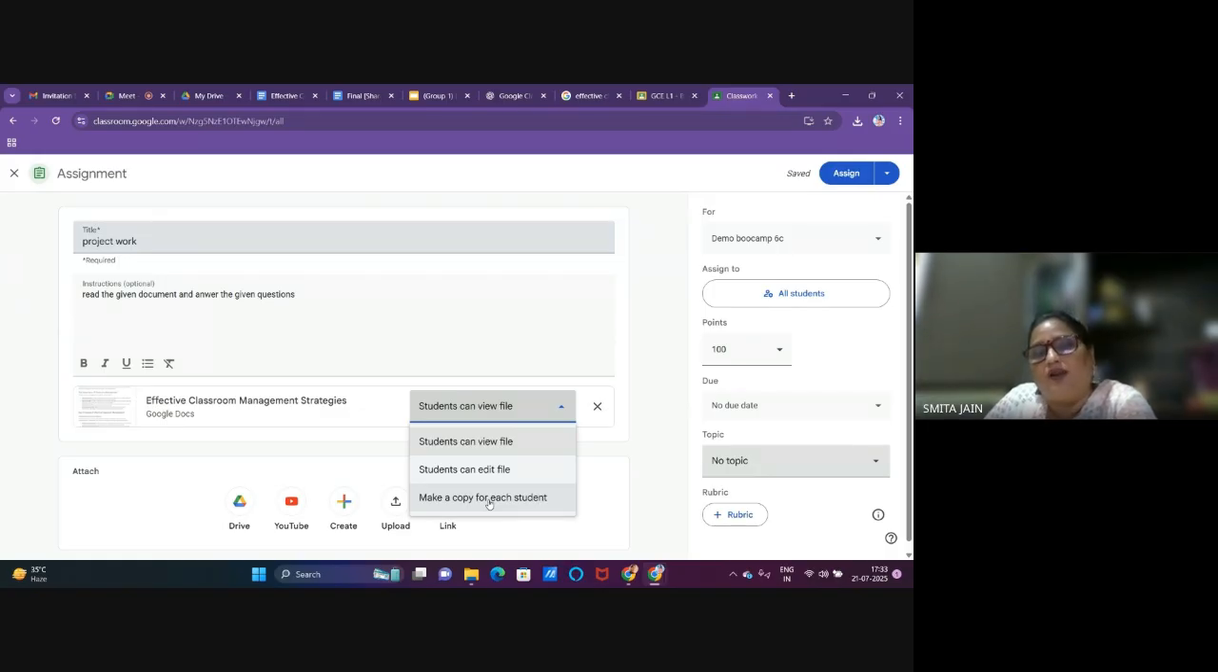So you can make a copy for each student and that student can work there. I will be showing this. Just now I'm attaching a file. This is only to view. You all can view the file. One more attachment I want to create, where you can work. So that I am doing,